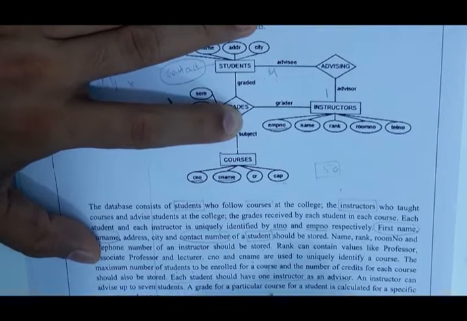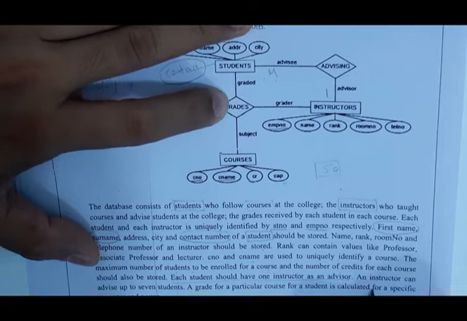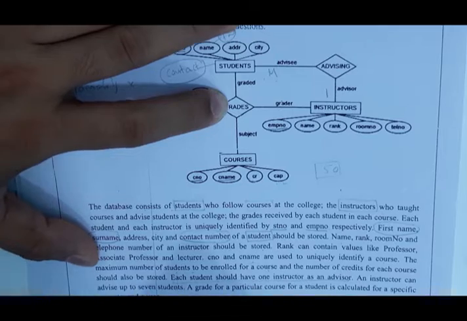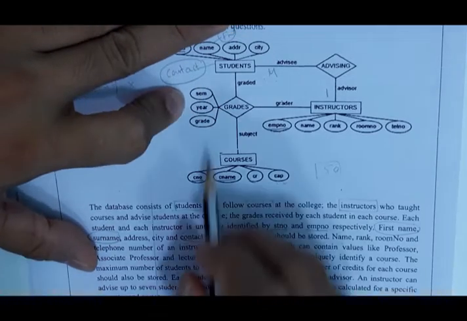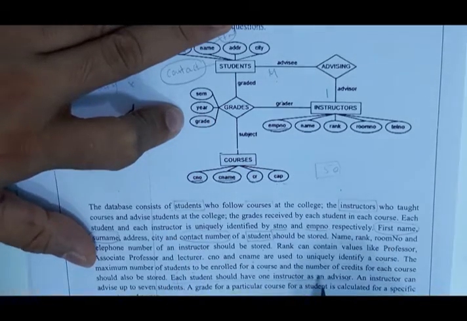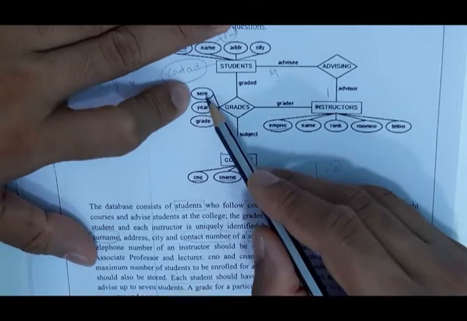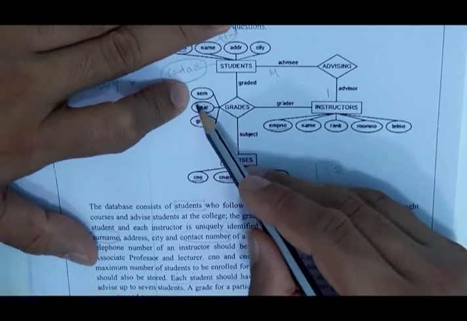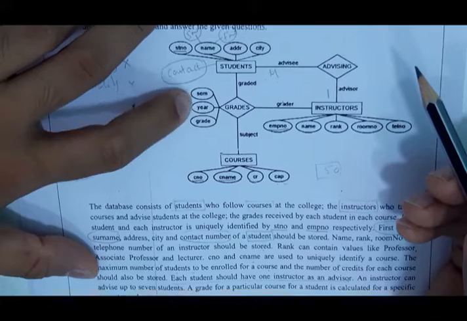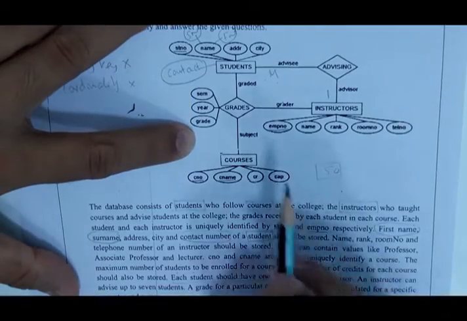A grade of a particular course. Grade of a particular course for a student is calculated for a specific semester and year. So as they have given semester, year, grade comes somewhere here. Then with that, can't you understand that students may follow many courses? That's the reason why these attributes are going to the relationship. We have that idea, we have that experience. Therefore, we may get the clue. Now on the other way around,